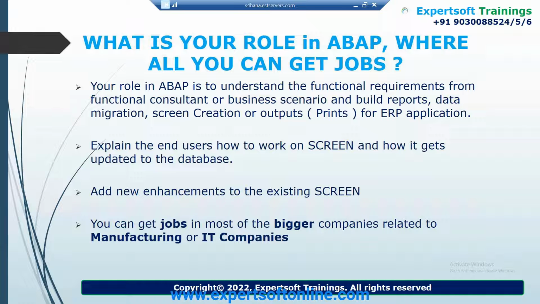The business team gives the requirement in layman's terms. They will not tell you the tables or anything. Then the functional team's work comes. The functional team will dig into the SAP system, take out the tables, the transactions, and the feasibility of what can be done. Once they have that, they will create a functional specification.